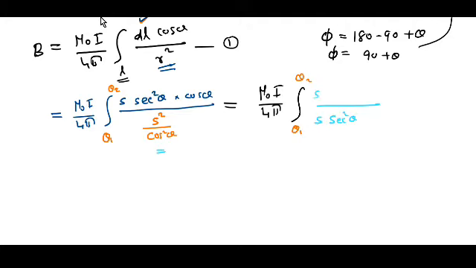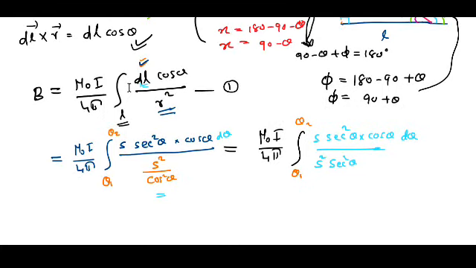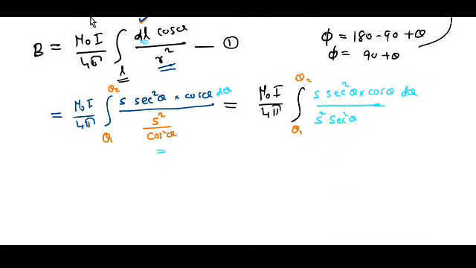In the numerator, here also you have s, here you have s square, and in the numerator you have s sec square theta into cos theta d theta, because here the dl has a d theta also. Okay, fine. It is very clear. This is c square and c square cancelled. This one s and this s cancelled. The remaining term that you have is B is equal to mu 0 I by 4 pi